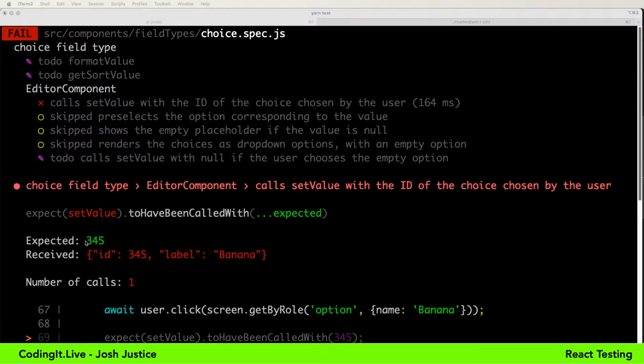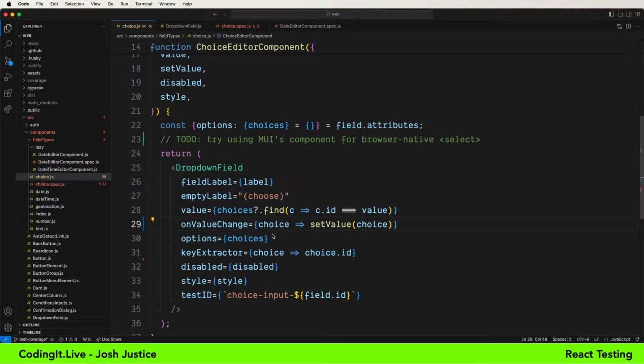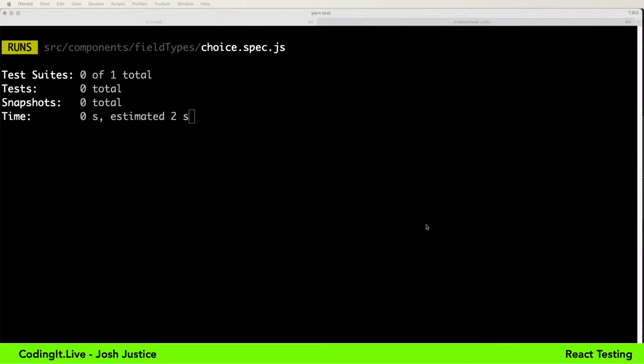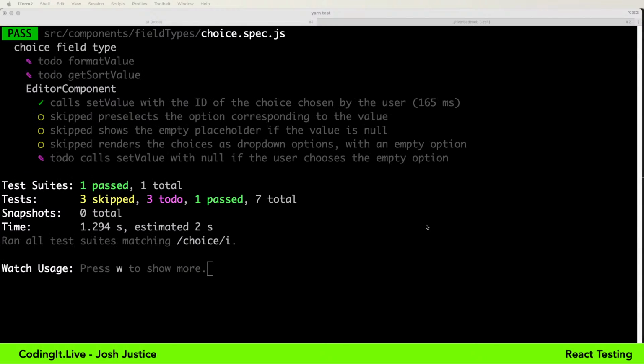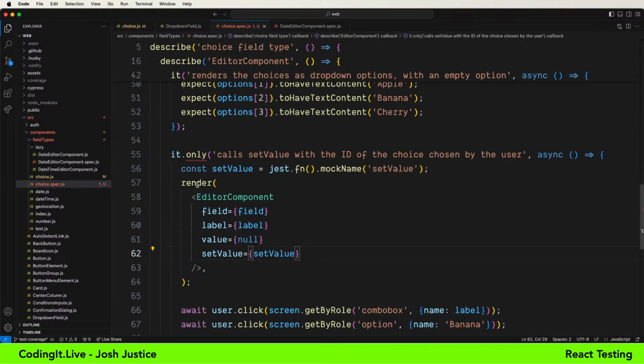Yet the test will fail because here, instead of getting the ID out, we're getting the full object, which could be fine. That could have been the way we defined the API, but I defined the API in the past of the choice editor component to give me the ID coming out of there. So I'll put that back in. The question mark is there for the case where the empty option is chosen, so we'll make sure that works in another test coming up. But now that we've put the functionality back, the test passes, and so I think we're really covering that.